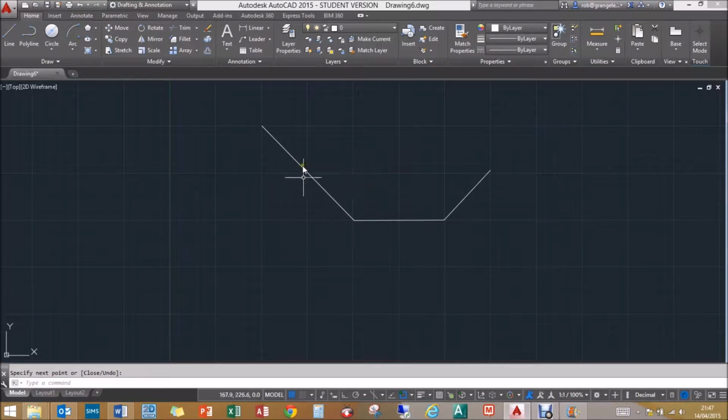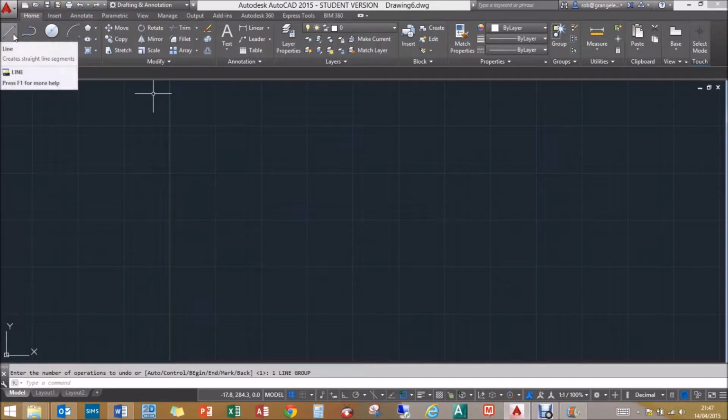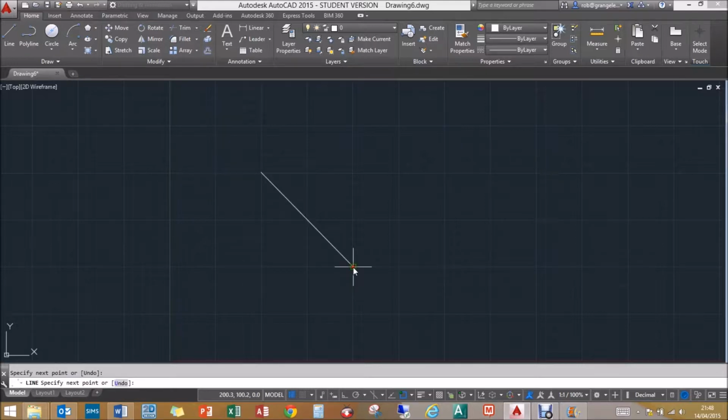If I wasn't happy with what I'd drawn, I can go up to the top here, and when I click undo, that will remove everything. Now it could have been, if we go back to our drawing, if I draw another drawing, if it had got to here and then I went to there and then suddenly realised that actually I've drawn it into the